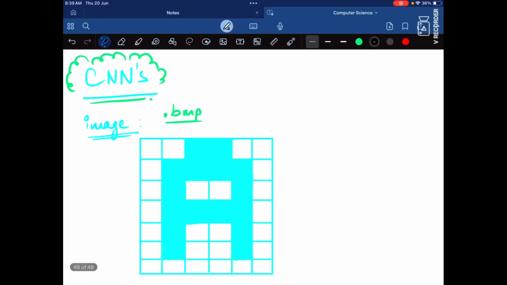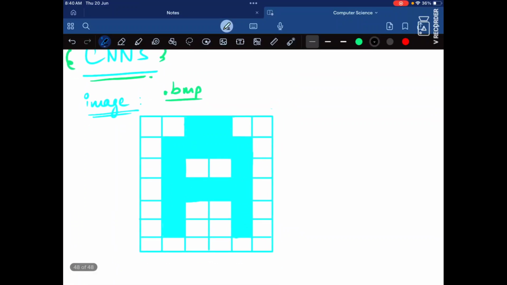Before going into that, we'll know what convolutional neural networks are used for. They are used for image processing. When you have an image, the machine doesn't know what kind of object the image holds. That's why we need to make the machine understand that it's the image of an object. What type of object? Is it an object? These types of questions we need to answer, and for that we use convolutional neural networks.